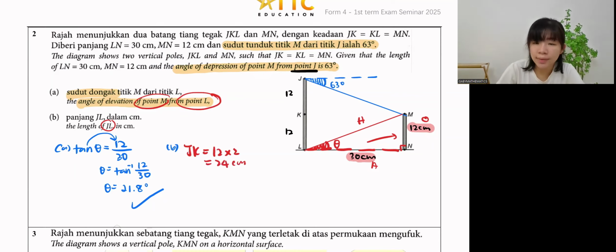Okay, guys. Now I want you to add one more. Let's have C, because in this question we haven't used this 63. They give this angle for fun. Okay, C, I want to add on: find length JM. Okay, guys, we add on one more question. I want to find line JM, which is this one.